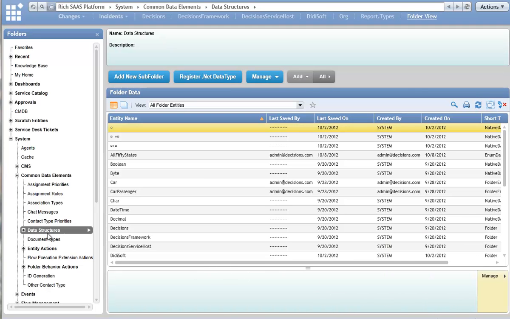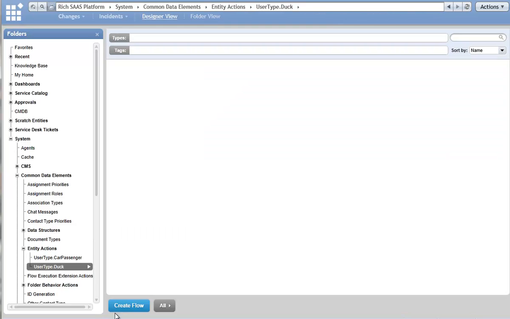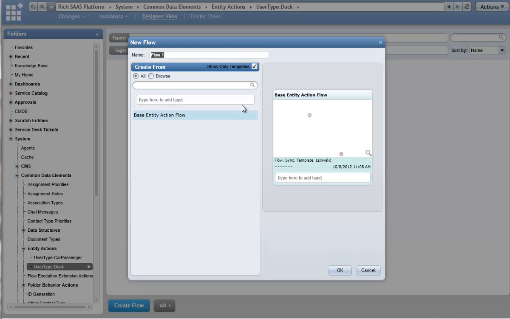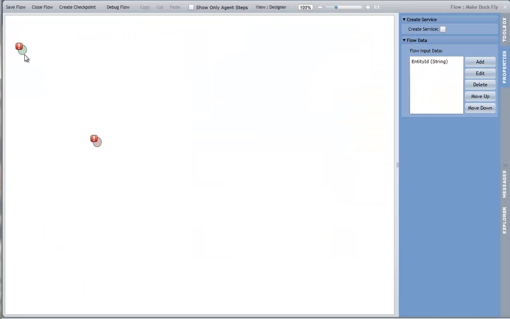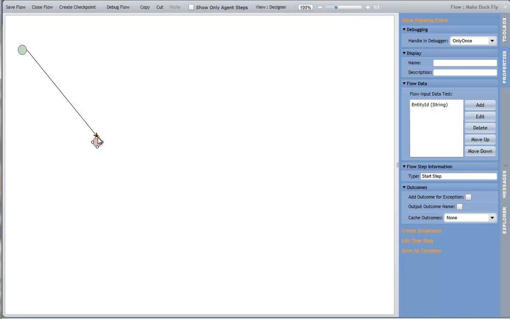When our service has restarted again, under Entity Actions, we'll see a new folder for the duck type that we created. And now we have the option here to create a flow, and inside this flow we would see something like, actually, make duck fly. Now we're not actually going to make the duck fly, but inside this flow, if we had steps or if we had procedures to essentially accomplish the duck flight action, we would place those steps in here. We'd save the flow,